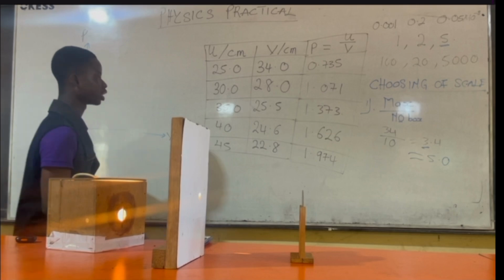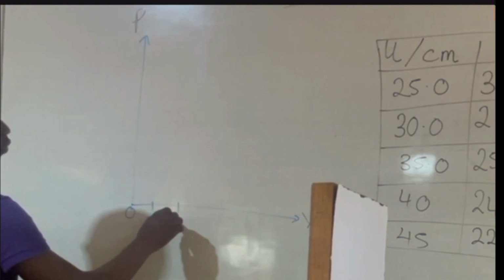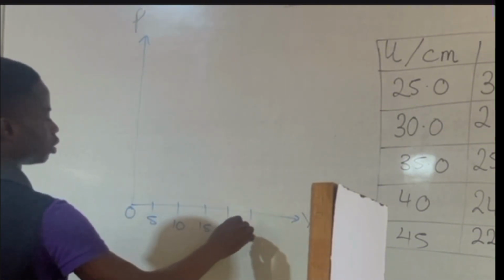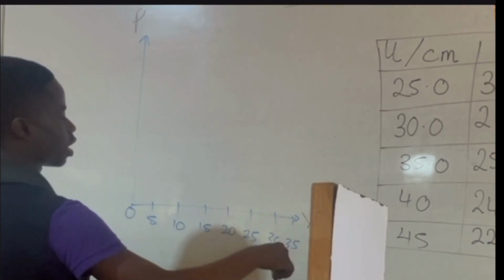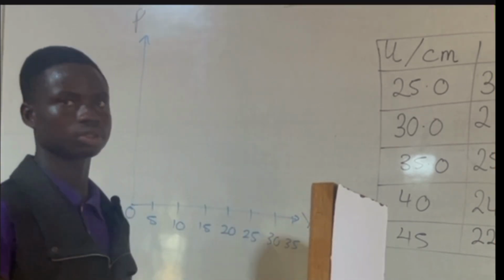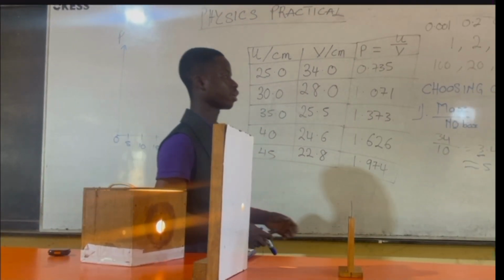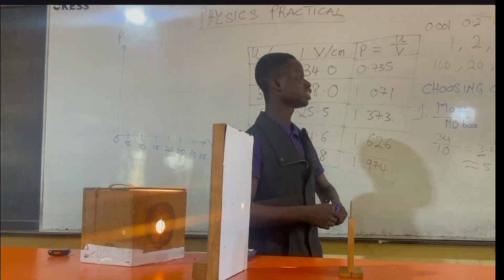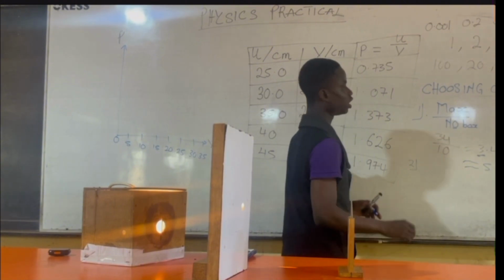If you are starting both axes from 0, we can have 5, 10, 15, 20, 25, 30, 35 upwards. The interval between these values is 5. That's what we have over this place. And the second procedure is you take the difference between